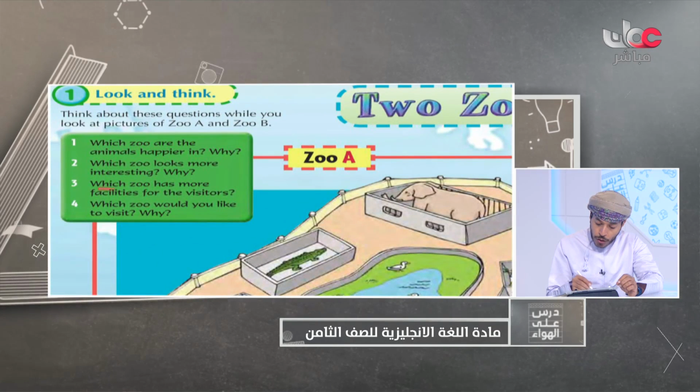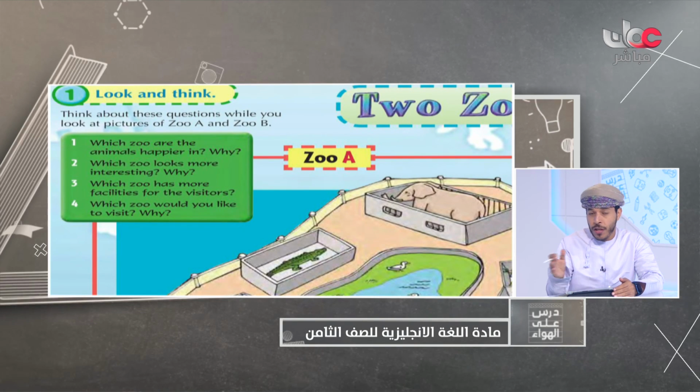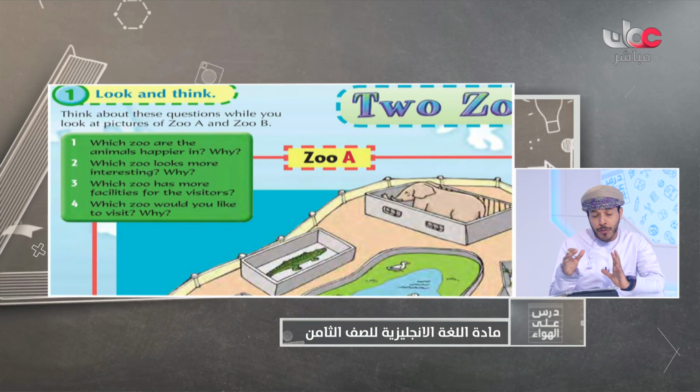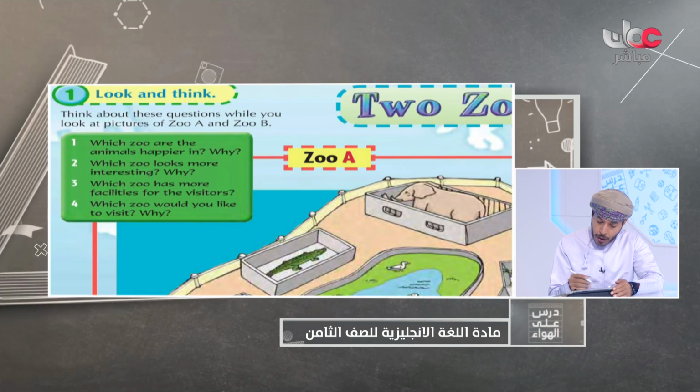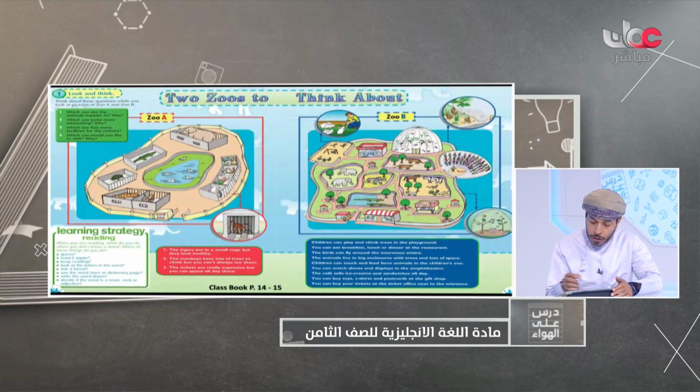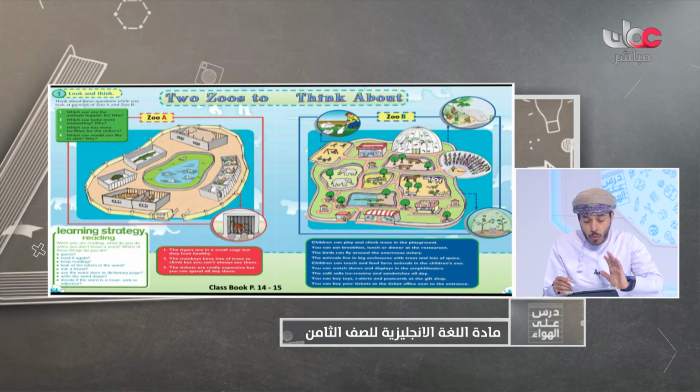Question number three, which zoo has more facilities? Facilities are like services, something that makes everything easy to reach for customers or consumers, and even for animals, they are kept in a very safe place, okay. So these are the facilities. And number four, which zoo would you like to visit? Here you look at zoo A and zoo B,